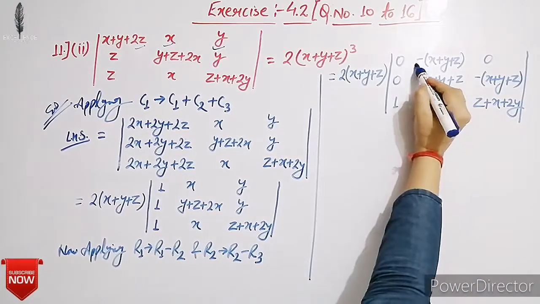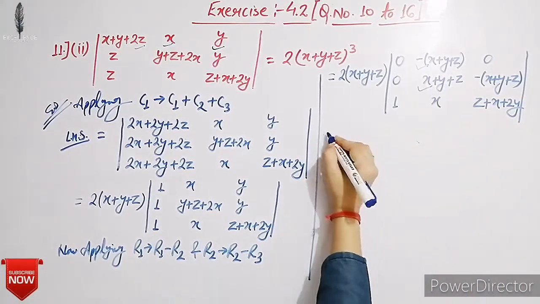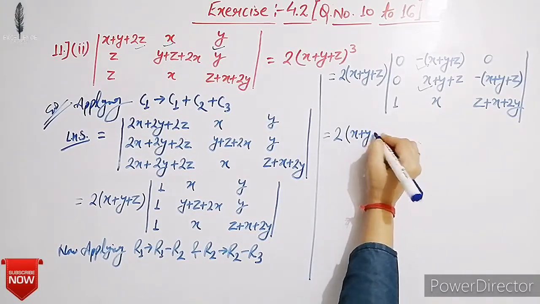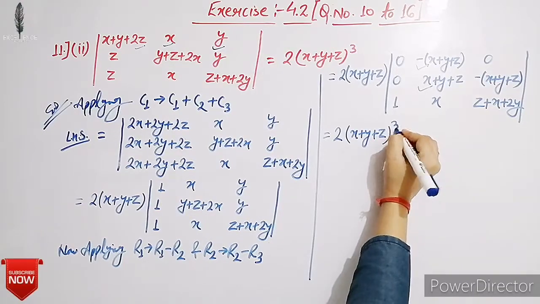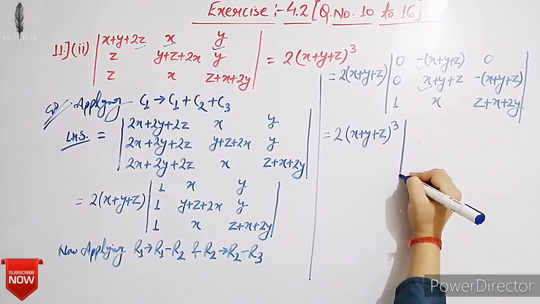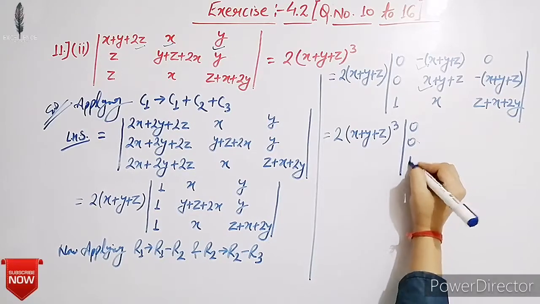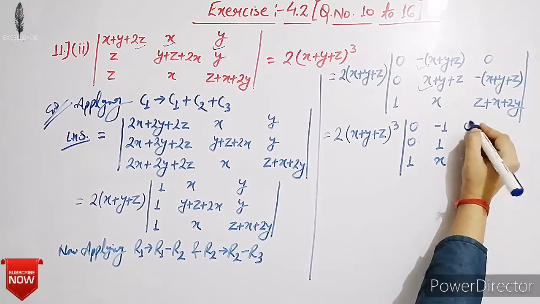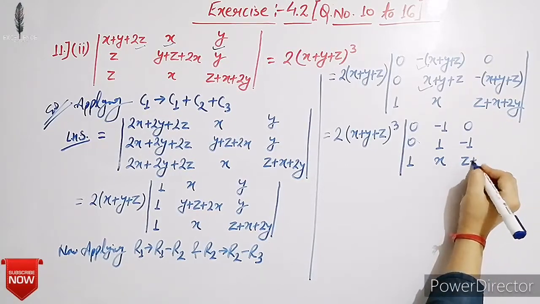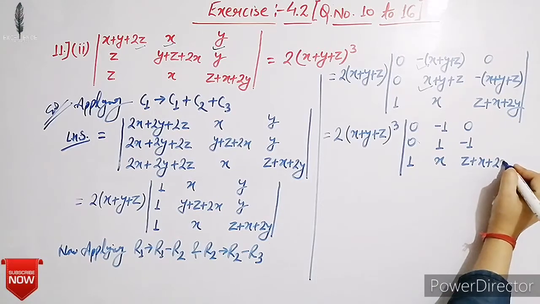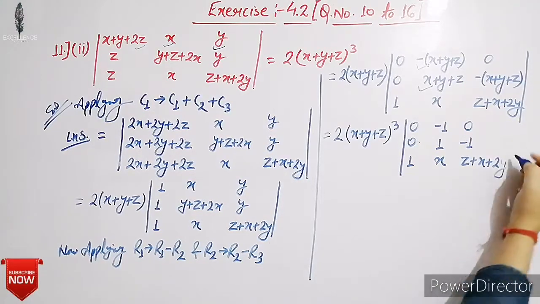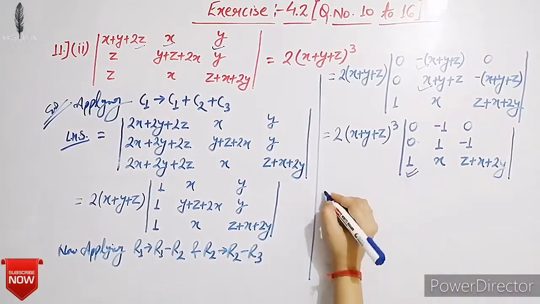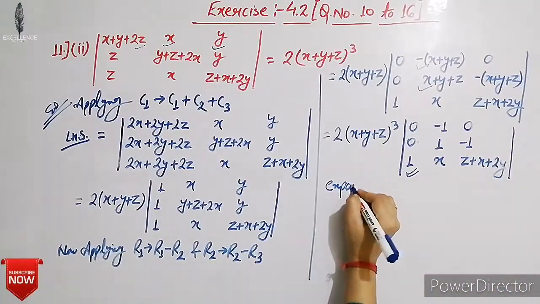Now taking x plus y plus z common from R1 and R2. So we have twice of x plus y plus z whole cube into 0, 0, 1. Here minus 1, 1, x, because x plus y plus z is common. So here 0, minus 1 and z plus x plus 2y. Now in C1, 2 entries are 0. So expanding along C1,